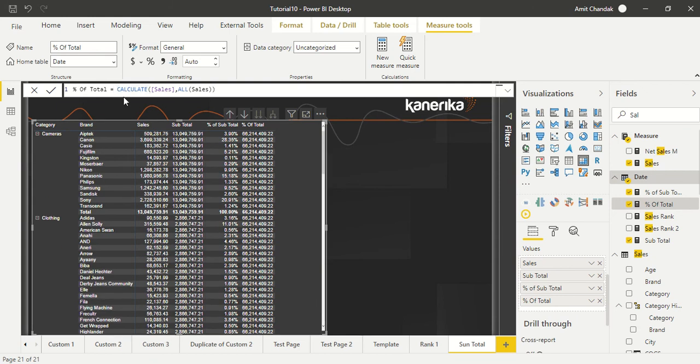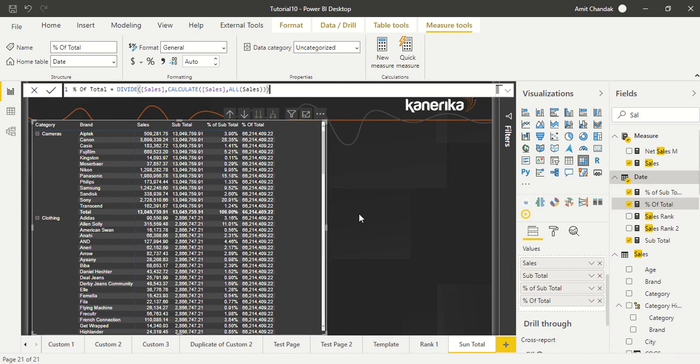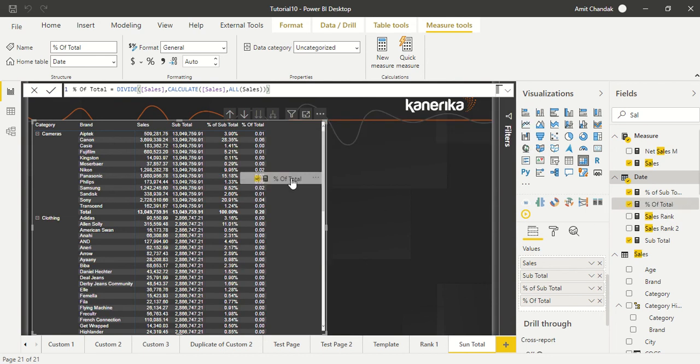Now again we know, if I go here and divide sales by grand total, we'll get percentage of grand total. So let's add this into the visual. We added it. Now again in the same way we have to mark it as a percentage column. Fine. Similarly, you might have seen 19% when we were doing the percentage of total from here.